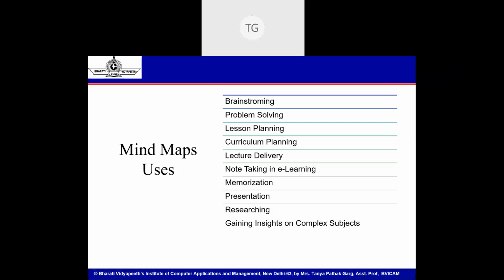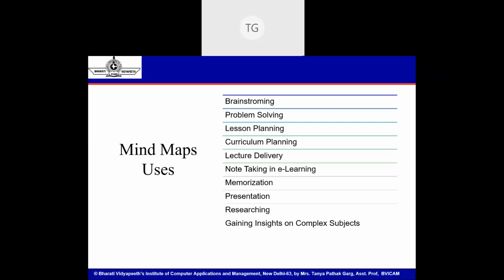Thank you. Right. So in a physical classroom, students can be taking up notes, and it is pretty convenient that, going with the pace of the teacher, the student is making notes. But what happens in an online scenario? It is very difficult to actually assimilate. There are network issues. Students lag behind two or three subconcepts. Like it might be happening with you also in these FDPs. A trainer is telling a concept, and you had network disconnections, so the entire topic goes off, and you don't get a link to the further topics. So in note taking also, in the case of e-learning or the blended model, mind maps become of use.